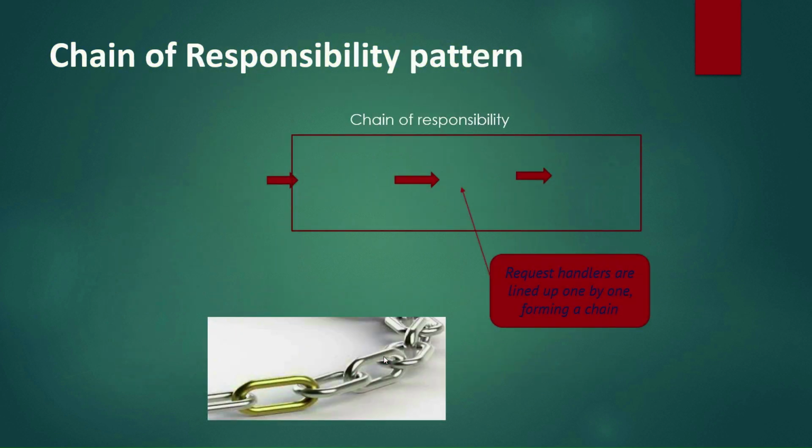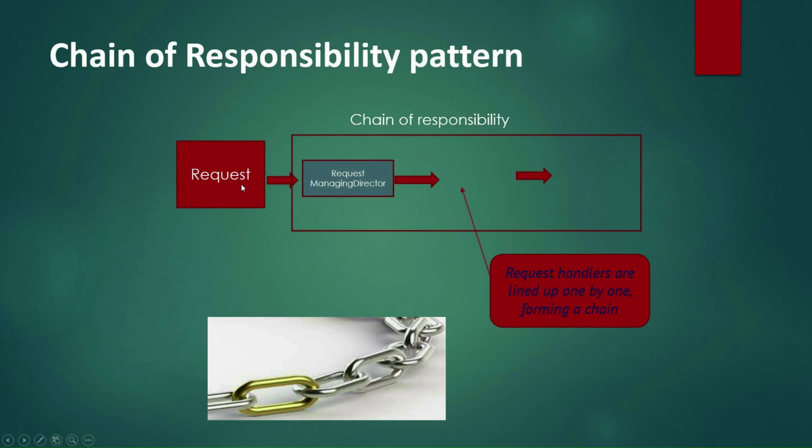So here I have just created one graph. Here I have created the chain, how the request will come and how the object will handle it. Suppose a request is coming, and this is the chain of responsibility. These are the objects, and once the request comes, it will go to the managing director. If the managing director is able to handle the request,